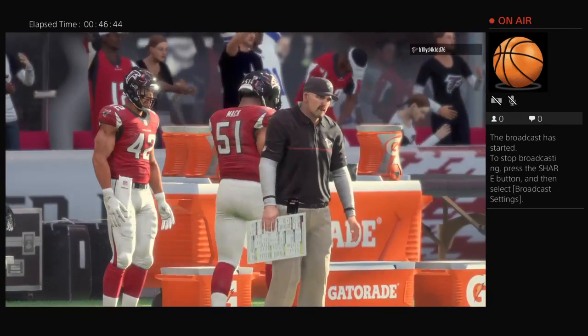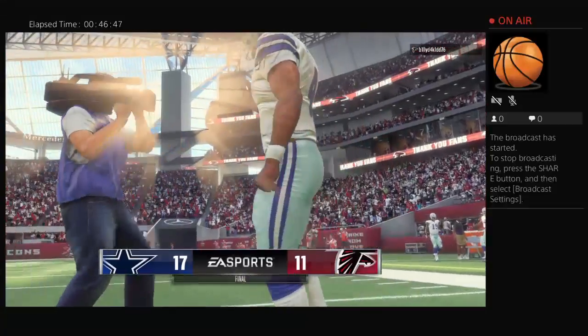23-yard line. Well, we were on hand for a fun and entertaining